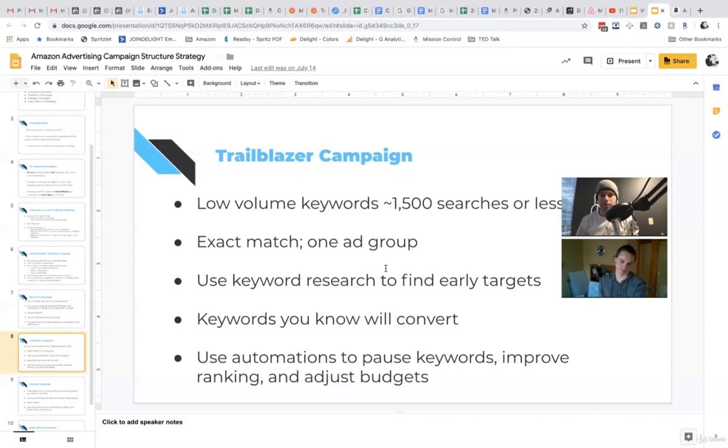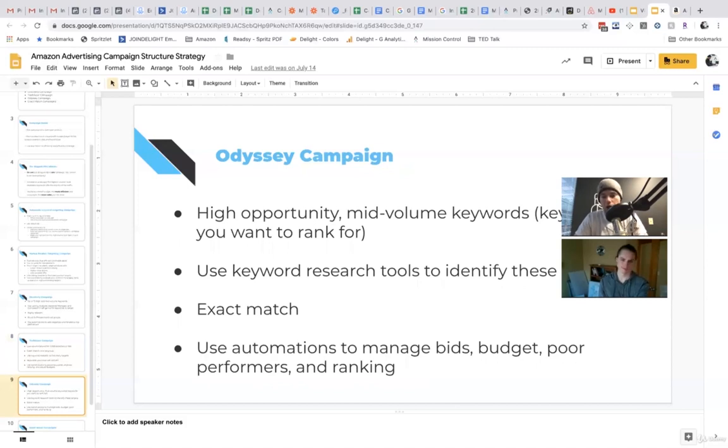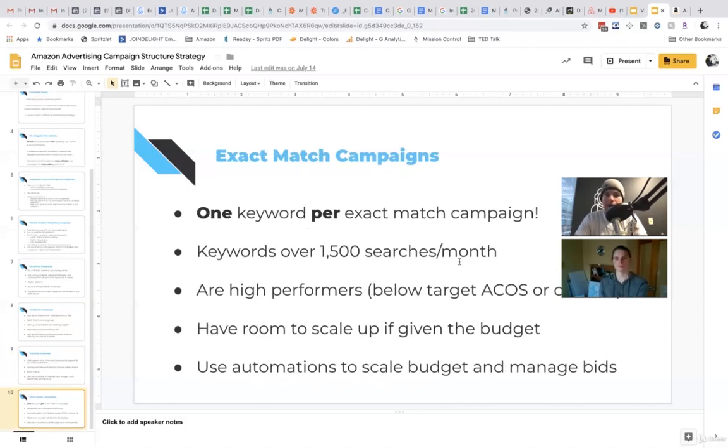That is when we come across this trailblazer campaign, if you will. But we'll set it up ahead of time. So this is where people will disagree a little bit, and based on time, you can do this differently. So the ideal scenario, assuming you had an infinite amount of time, is that you have one keyword per exact match